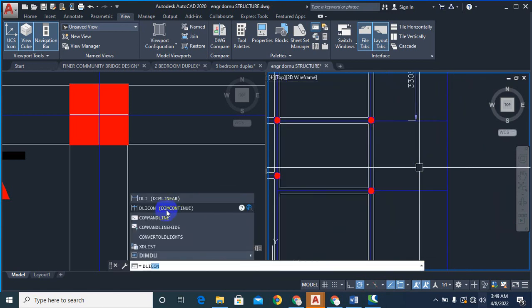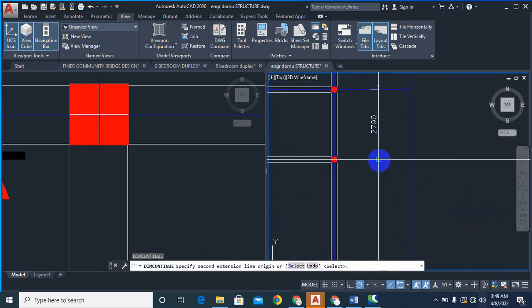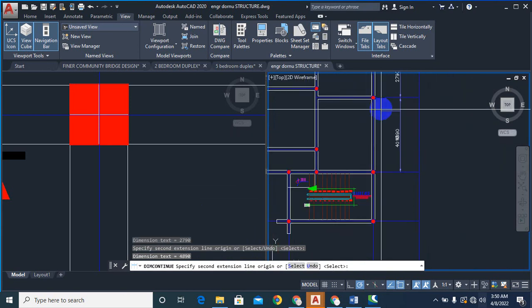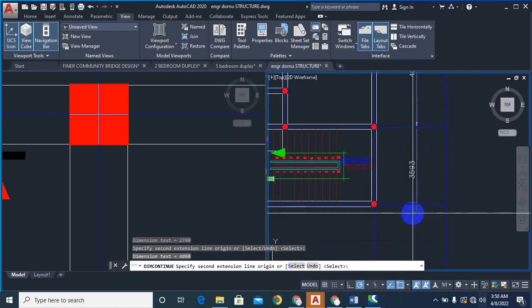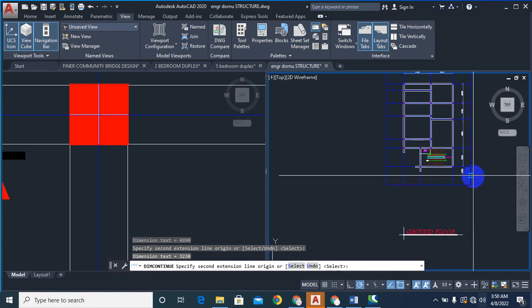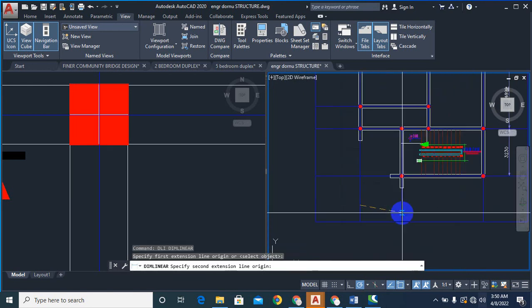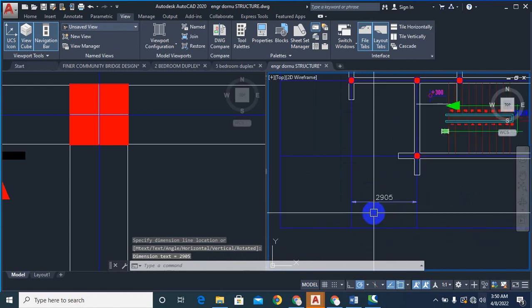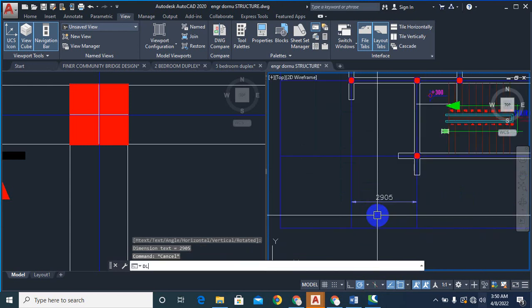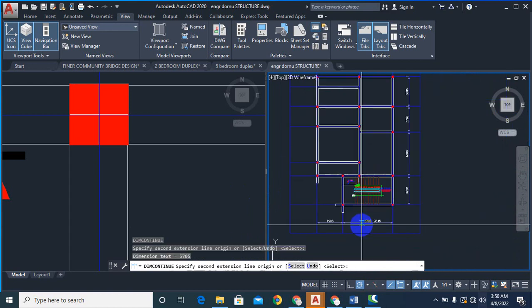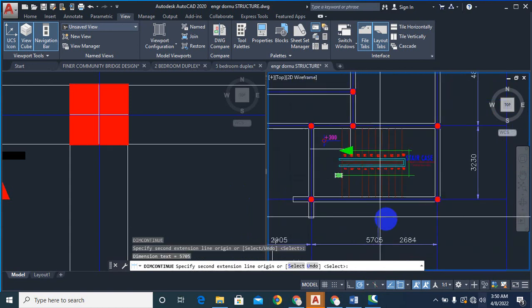DLI continue. Okay, this is now going up to 5 meters. Good. So DLI continue. So it will continue the dimension. Okay, now you can see the span is up to